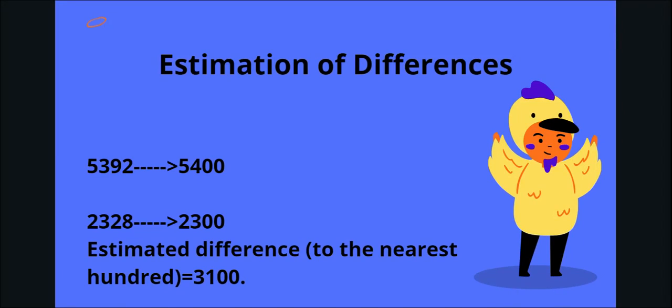Next, we revise estimation of difference. We estimate any number to make it easier to understand. The estimated number should be very close to the given number. Here we are seeing an example. The nearest hundred of 5392 is